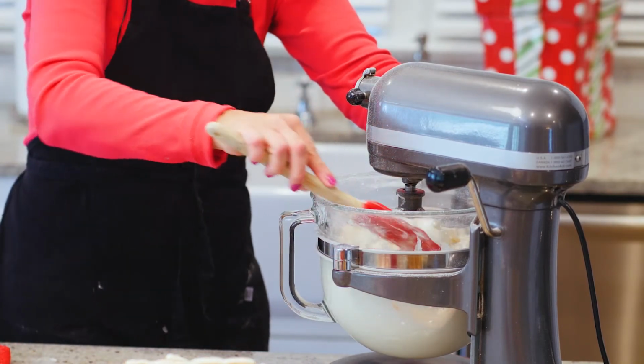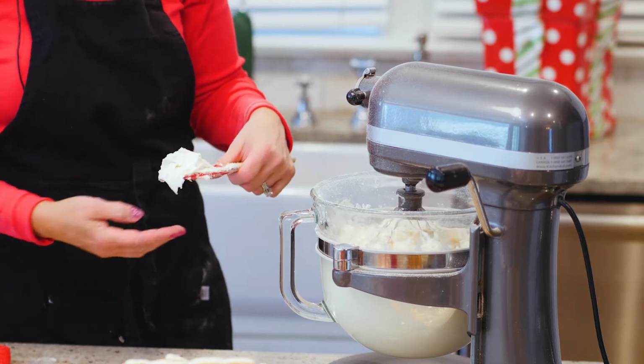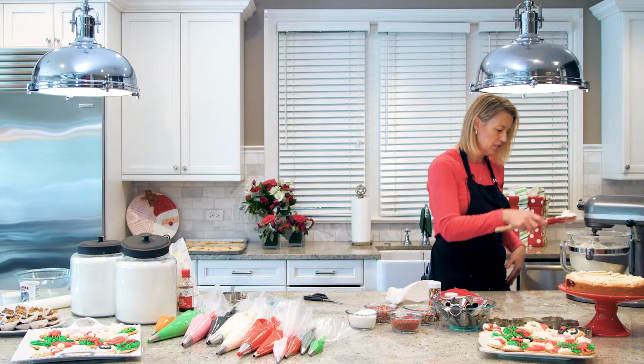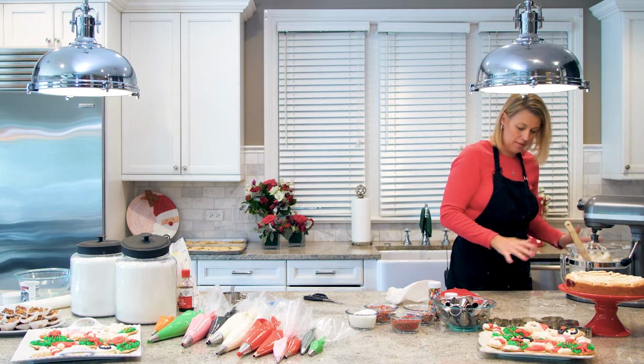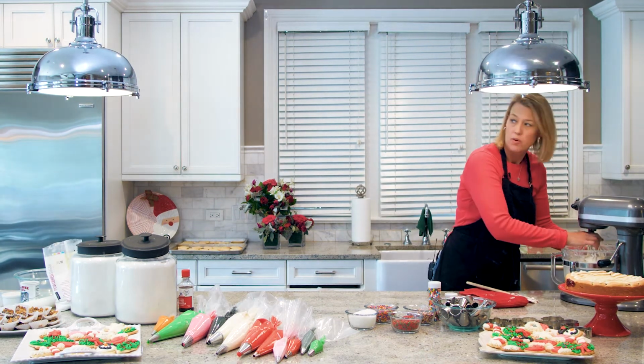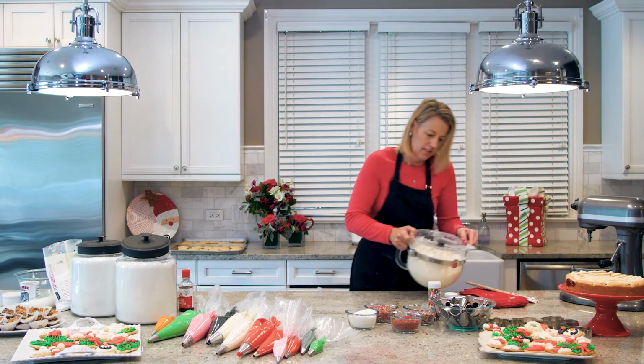Okay, here's what I mean by rough. It's not smooth. When I pull it out of the bowl, there's a little roughness to it. Now it's all completely blended, it's just a little rough, and that's what I want. So once I have the frosting to where I want it to be, I'm gonna pull it off, and I